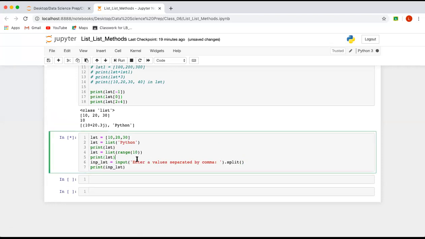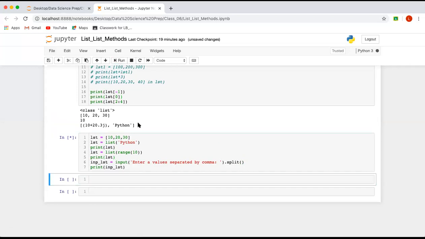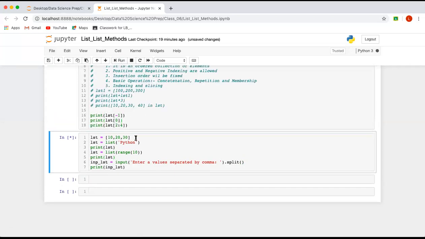What happened? Sorry, not comma, it should be space.